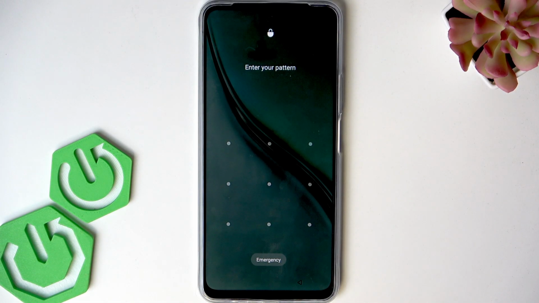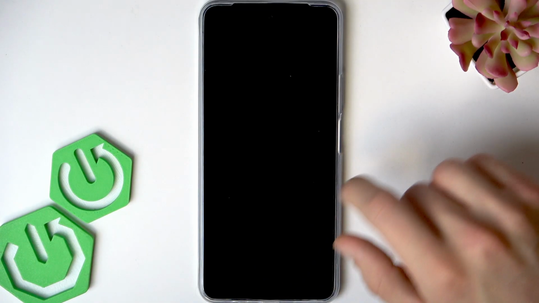In case you forgot your lock screen pattern, the best decision would be to reach out to REALME customer support service and tell them about your issue, and if you can prove the ownership of your smartphone to them by, for example, showing them a receipt from the store where you bought this phone, they will most likely be able to help you out with your problem and will help you regain access to your phone without removing any personal data from it. But in case this option isn't available for you, then the